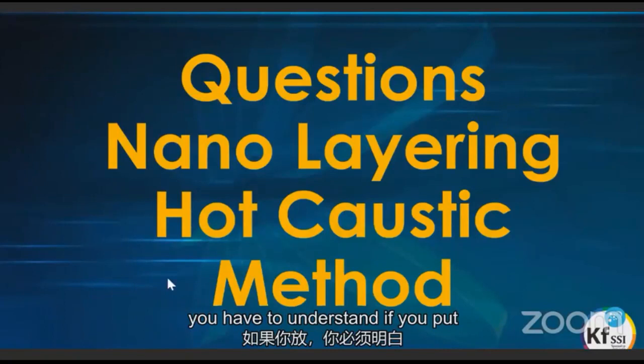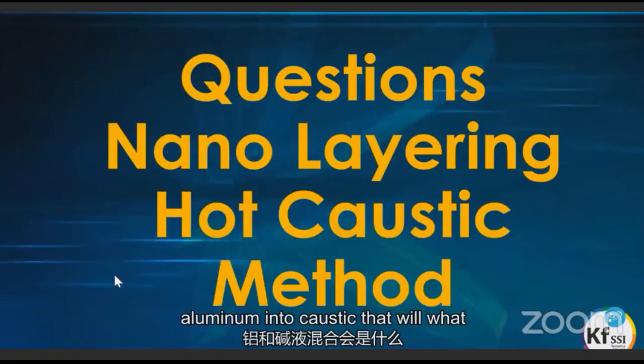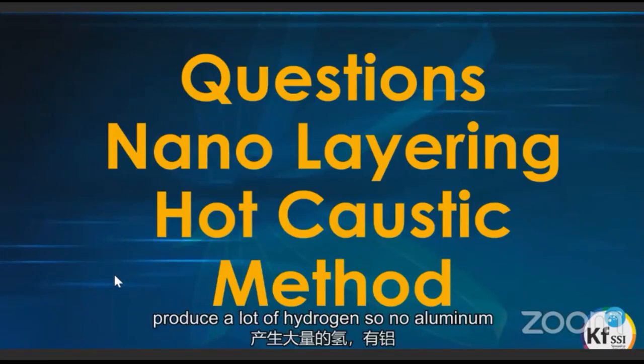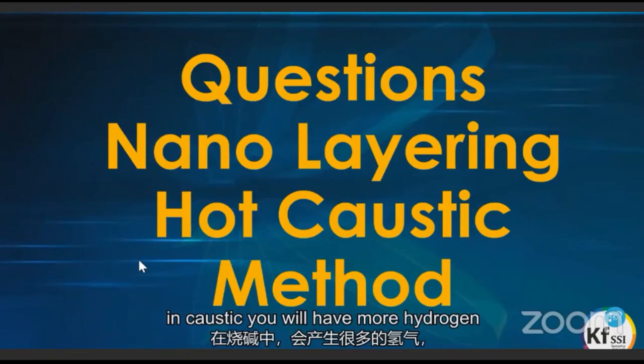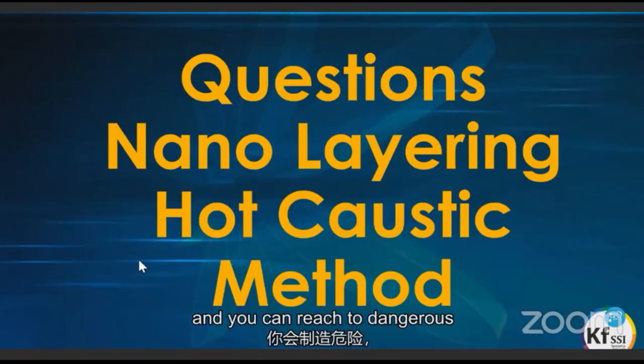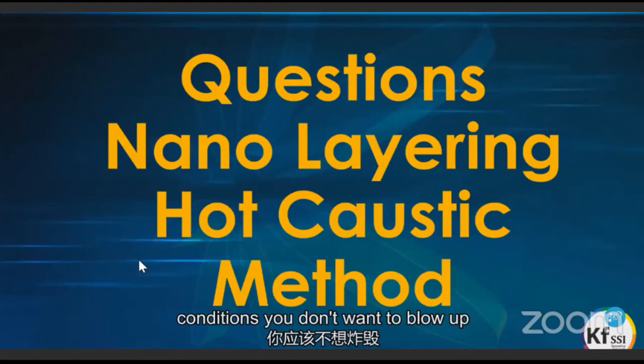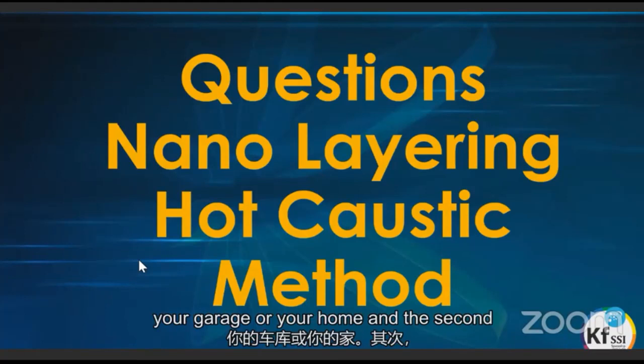So you have to understand, if you put aluminum into caustic, what effect will that have? First of all, it will produce a lot of hydrogen. So with more aluminum in caustic, you will have more hydrogen, and you can reach dangerous conditions. You don't want to blow up your garage or your home. And the second thing is